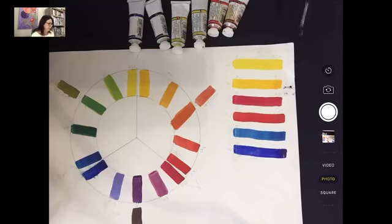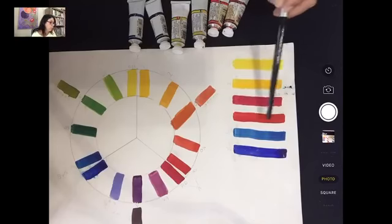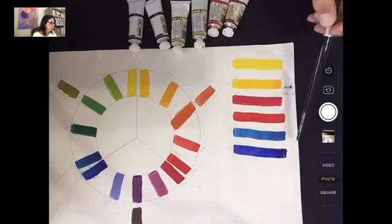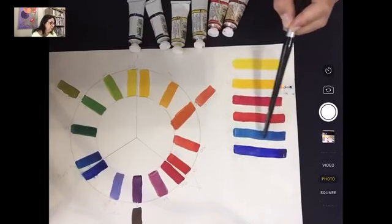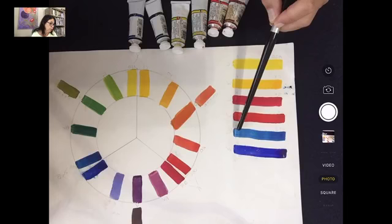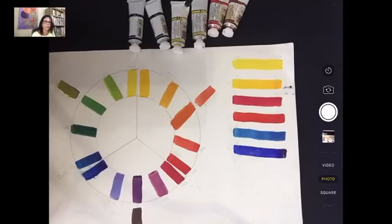So real quickly, if you look at the 2 yellows, one looks more lemon, one looks more golden. In the reds, one leans towards blue, so we call it a blue red. And then you have a warmer red that looks more orangey red to me. And then your blues, one definitely has more blue in it versus the other one. Even though they're both blues, it's hard to see. So that's one of the things